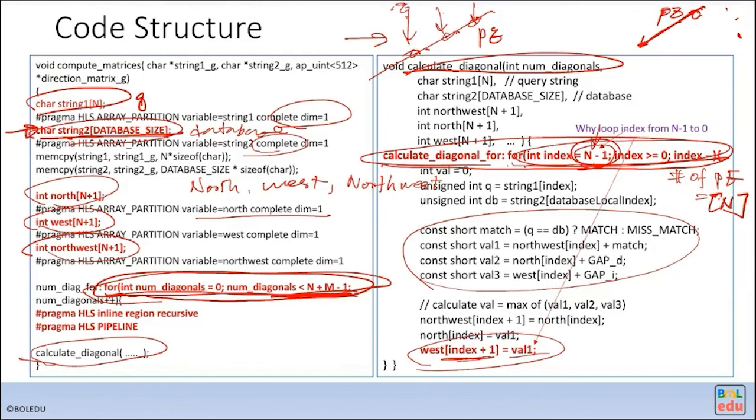If you write the for loop from 0 to n-1, you will find the value just falls through to the next PE. So that's important here: you have to write the loop index in this order. Otherwise, the result will not be correct. That's one thing. Another thing you need to pay attention to in this code is